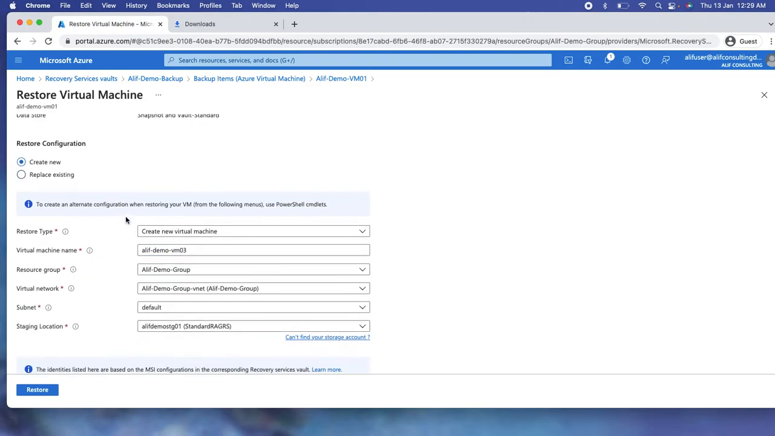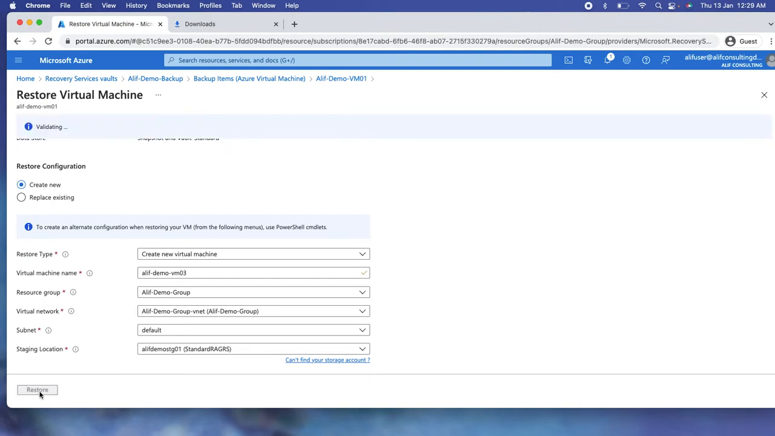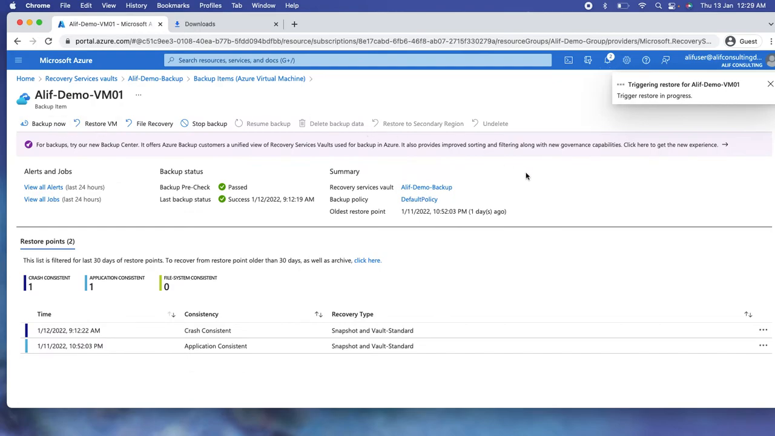Now in my case, let's go back and select the create new option. So those are all the options I need to select, and then click on restore. As soon as I click on restore, it's going to validate my deployment or my restore trigger, and then in the backend it's going to run a job for restoring a